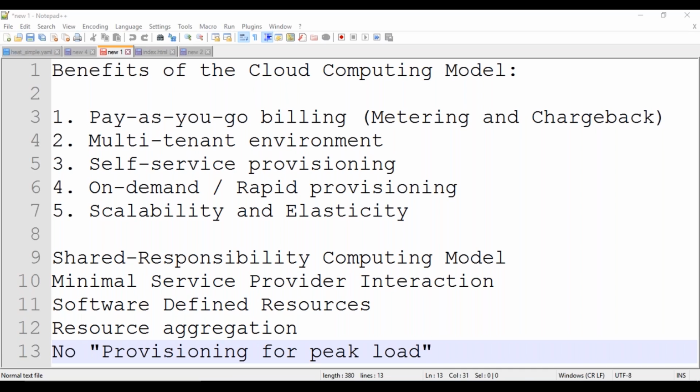So pay-as-you-go billing is one of the benefits of the cloud computing model. As I mentioned previously, in cloud computing, there are two parties involved. One is the service provider and another one is the consumer. The consumer would have requirements such as running an application, could be a customized application, could be an off-the-shelf application. And to run that application, the consumer would require infrastructure like servers, storage, and so on. So instead of investing in that infrastructure by themselves, the customer would think of availing the services of a cloud